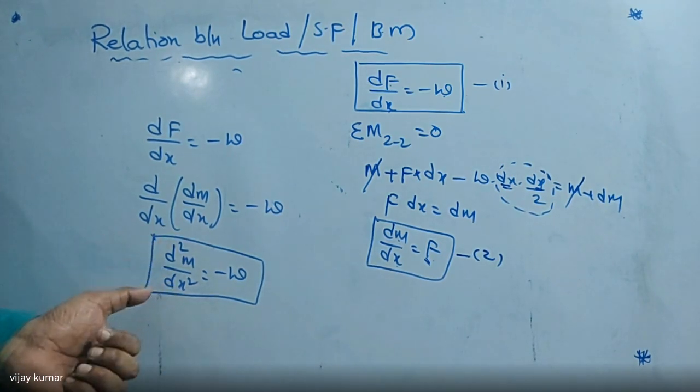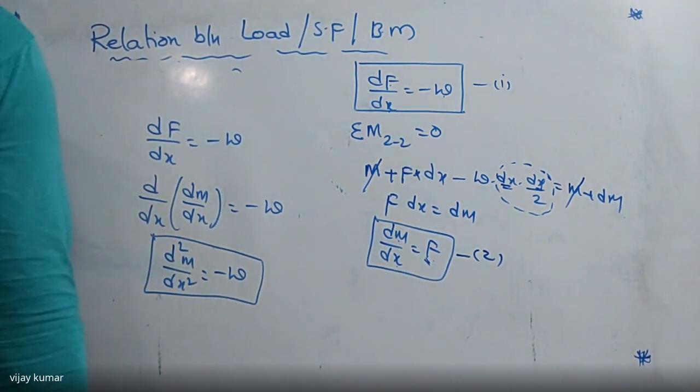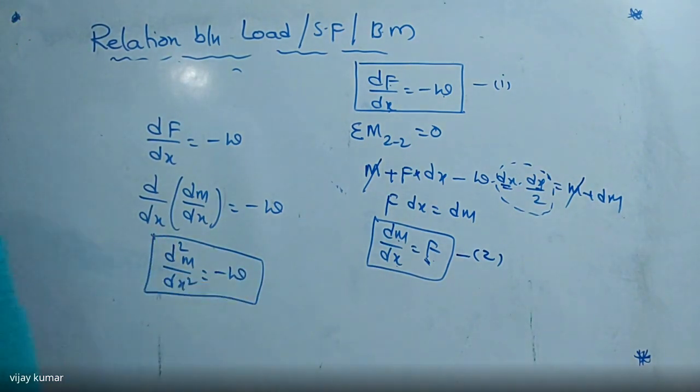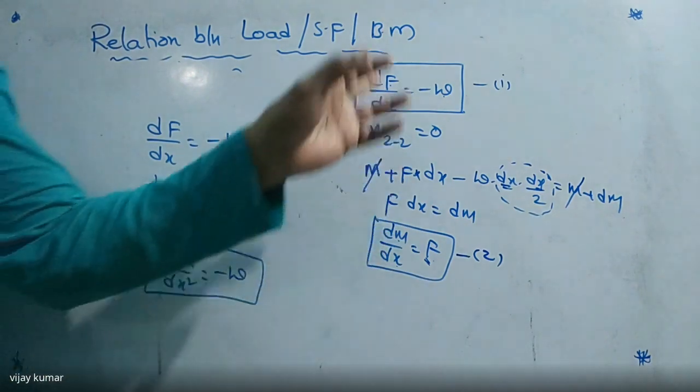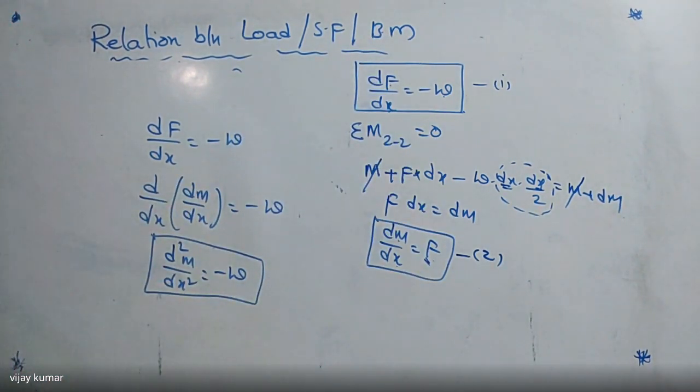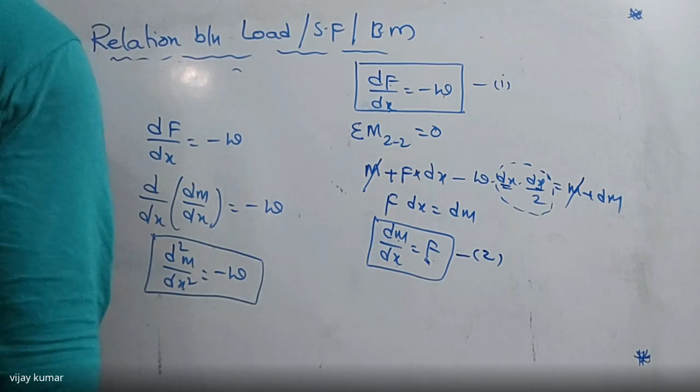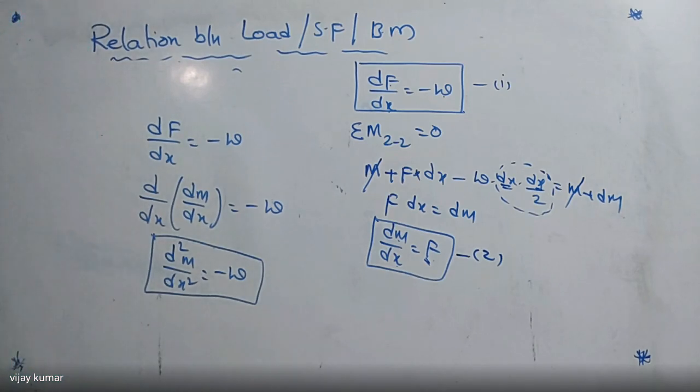So this is the relation between bending moment, load and the length of the beam. If we integrate one time, we can get the shear force. If we integrate again, we get the bending moment value. Did you get my point or not? So these are the three relations we are going to remember. It is very easy, and we can easily understand how to calculate those values.